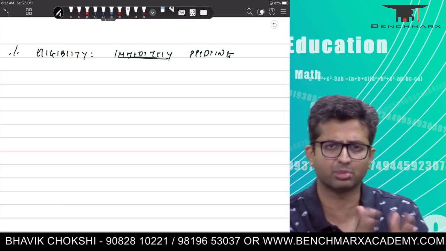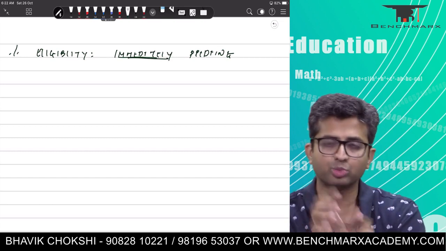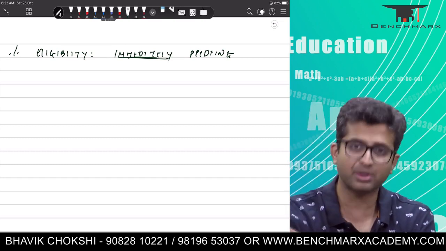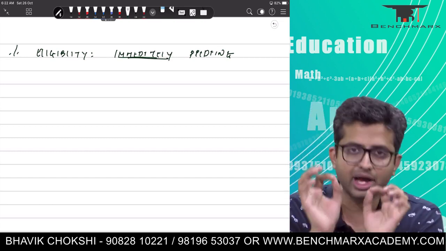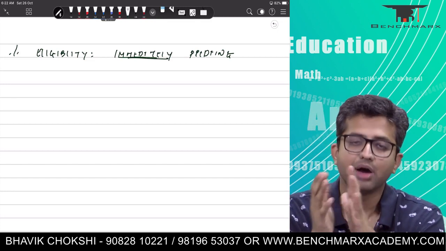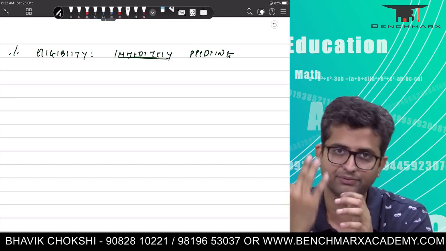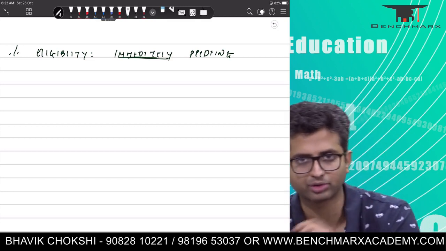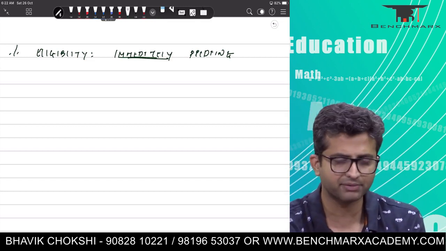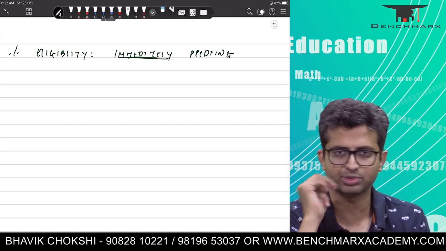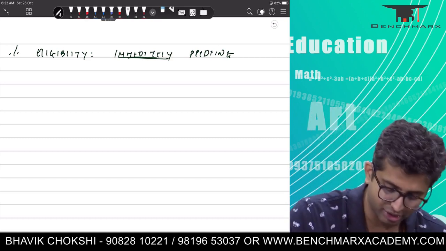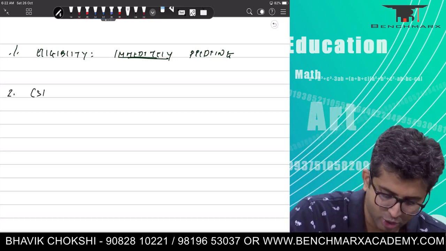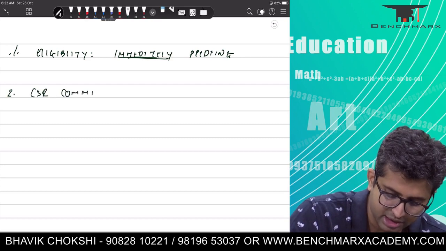There is a source of confusion among students: what about 2% of average net profit? That, remember, still continues to remain as 2% of the average net profit for the immediately preceding 3 financial years. The net profit is the average of the immediately preceding 3 financial years, but the eligibility is only for the immediately preceding year. The second change, it's not very major, is when you constitute a CSR committee, it should